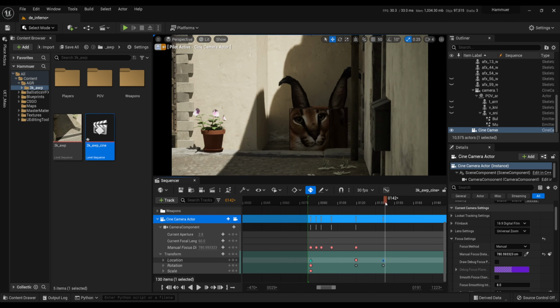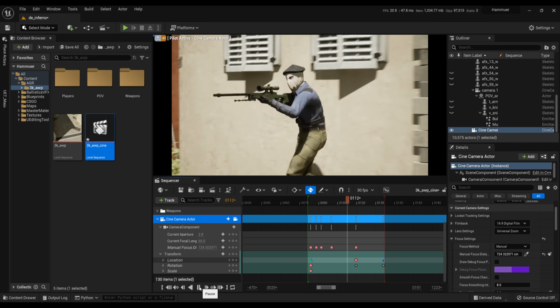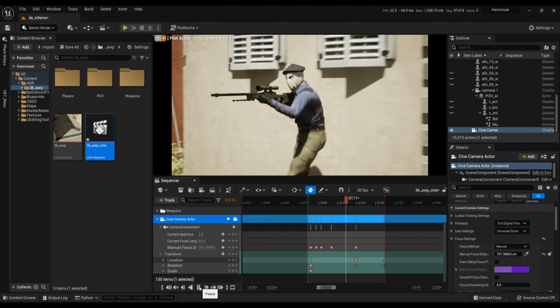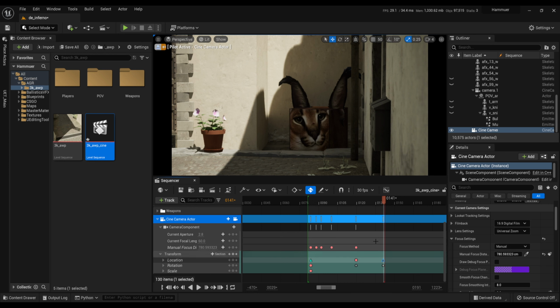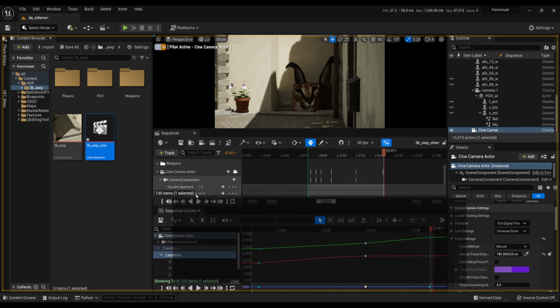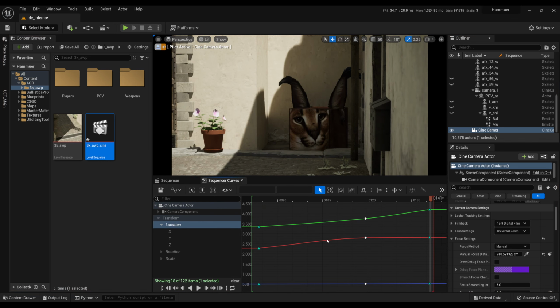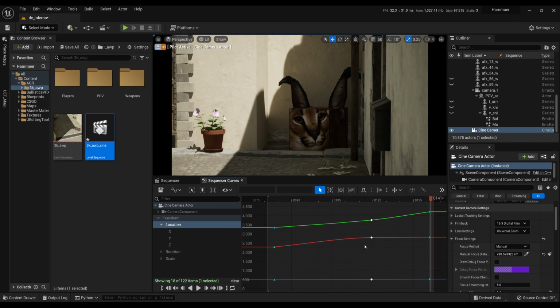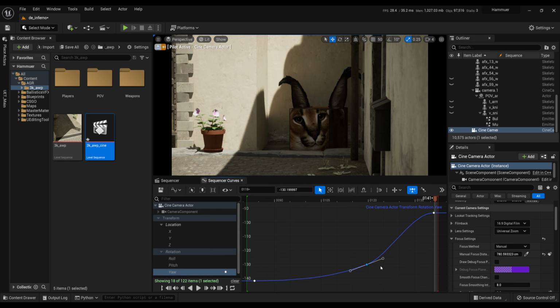You can set the beginning and the end of the sequence with the square bracket keys. You can always check how smooth is your camera's movement in curves. Here I need to smooth my camera's rotation.